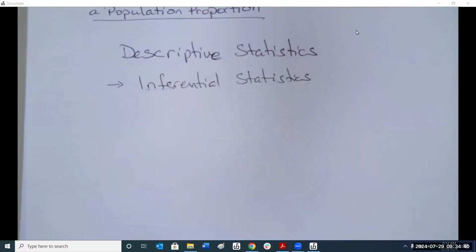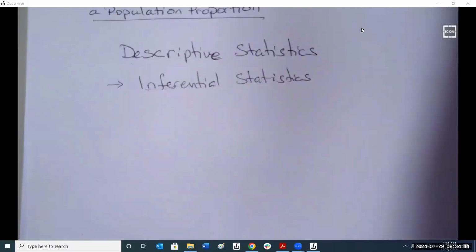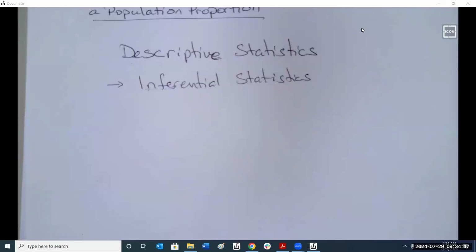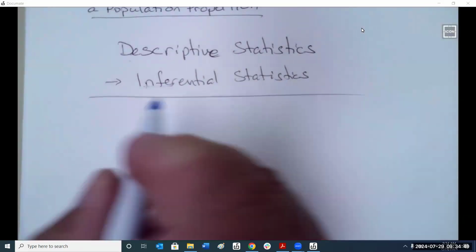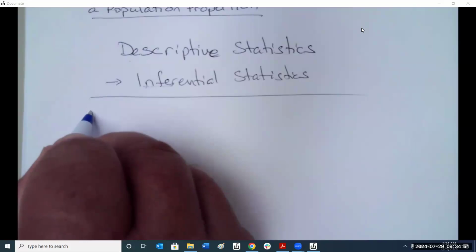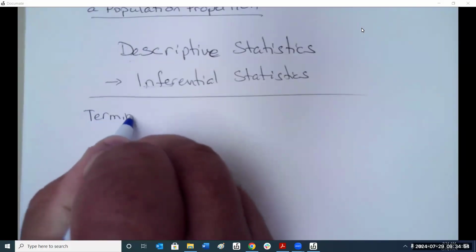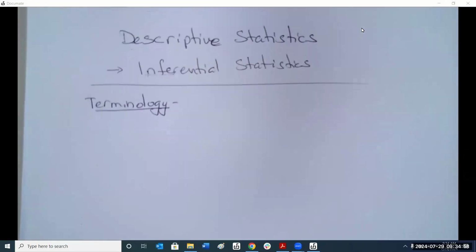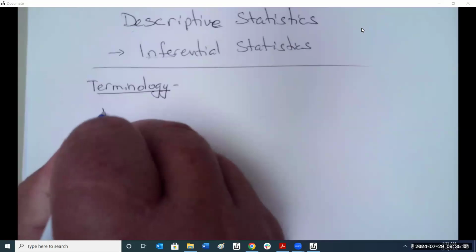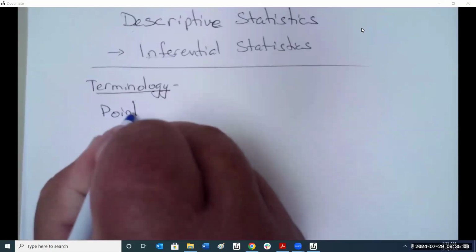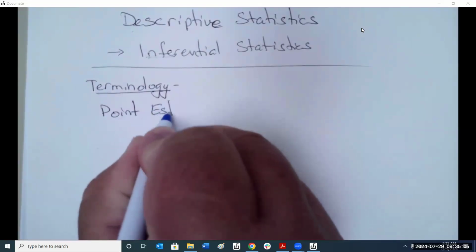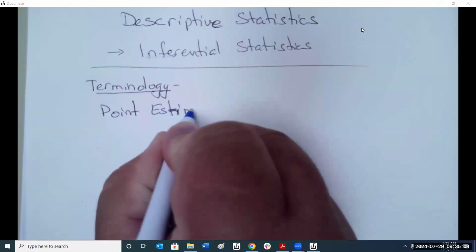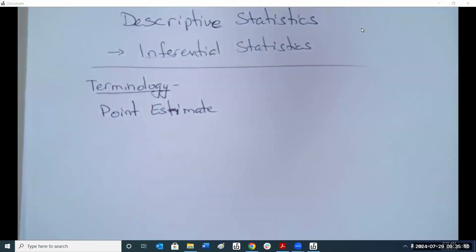All right, so the first thing we have to look at are some key points. We have to describe our terminology. We're first going to look at the term point estimate. The point estimate,